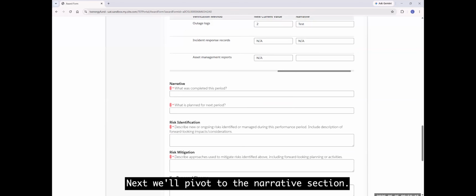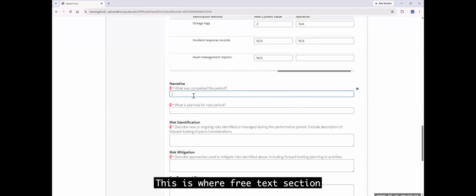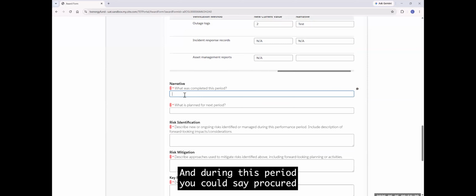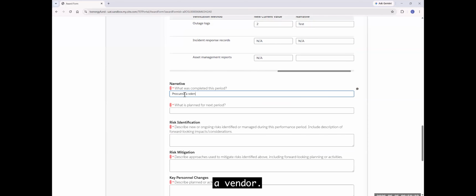Next, we'll pivot to the narrative section. This is a free text section where you'll capture anything that was completed during this period. You could say procured a vendor.